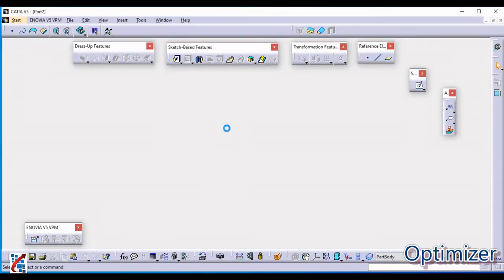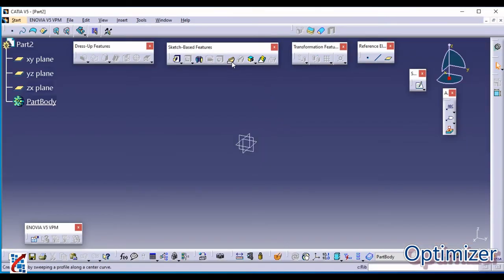So one more part I am going to create. Rib is basically useful for creating a material, or addition of material, along the defined path and along the cross section you have defined. Let us see.